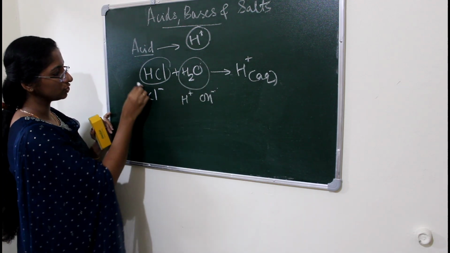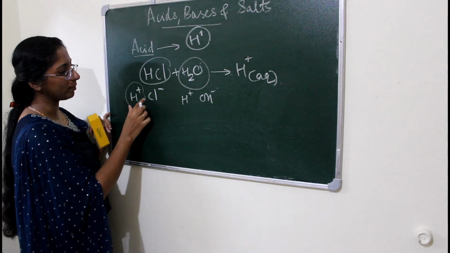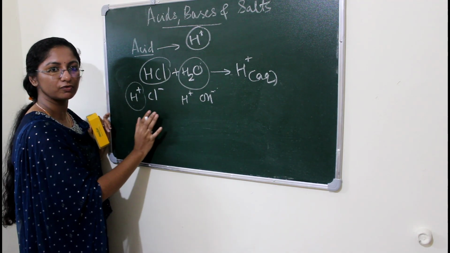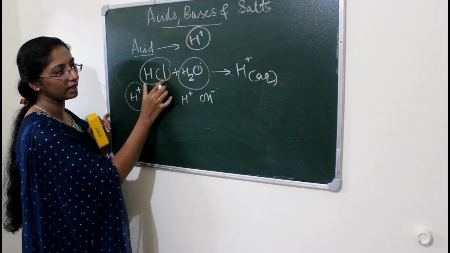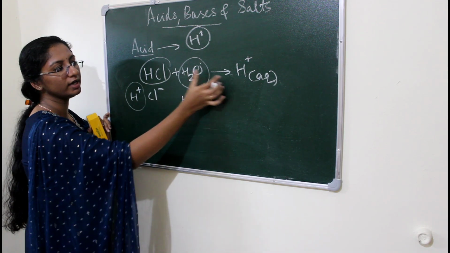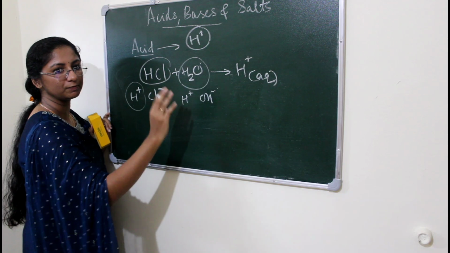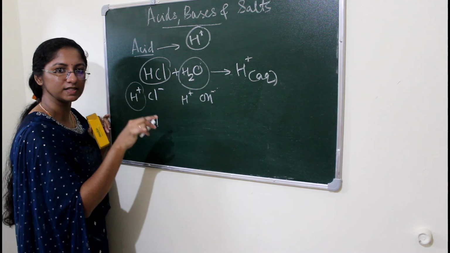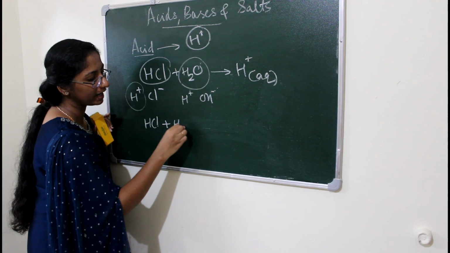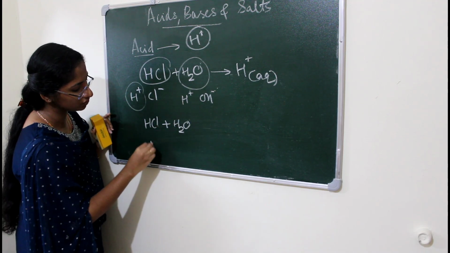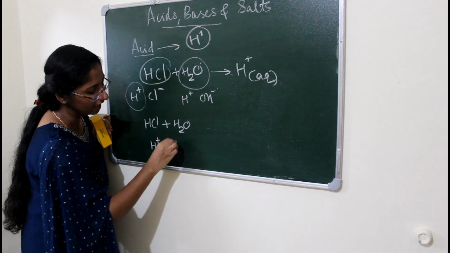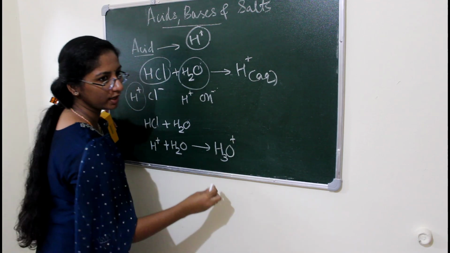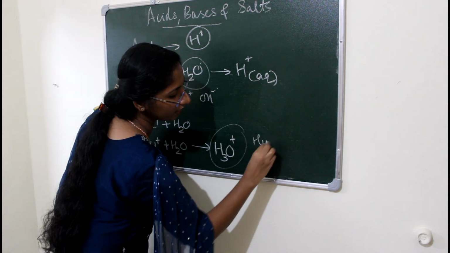Okay, so within the acid the common ion formed is what? H plus. But these H plus ions can't exist freely. So the acid will combine with the water molecule, then only the H plus ion can exist freely. Okay, so for that we can write the equation like this. HCl will have H plus and Cl minus ions. Along with that we are adding a water molecule, right? So from this HCl, H plus ions will add with the H2O molecule to form what? H3O plus. Okay, that is the hydronium ion. Hydronium ion.